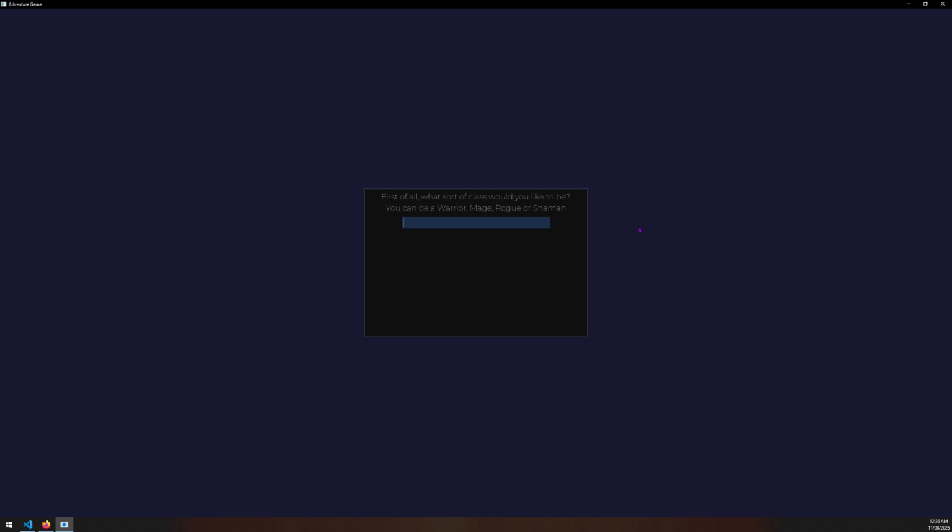So yeah, you can choose your class. They all have different stats: strength, dexterity, intelligence. I'm probably going to be a shaman because I like shamans, predominantly from WoW. You start at level 1. Shaman is kind of that class which has an equilibrium of stats. A warrior would have more strength, a mage more intelligence, a rogue more dexterity, but for now, I guess shaman is just all at 3.